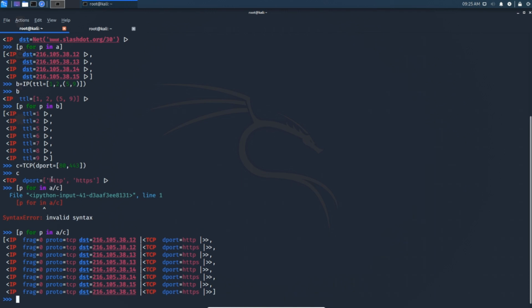We created two ports. We used two ports to dump. So that is why every packet is printed 2 times. See here, the address is the same, but the ports are different, the protocols are different. One is HTTP and one is HTTPS, because we created a dump of 2 ports. So that is the reason why we got 2 packets, printed twice in the output. This is how we create a set of packets or a packet using the Python Scapy module.